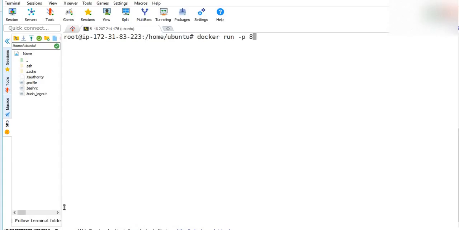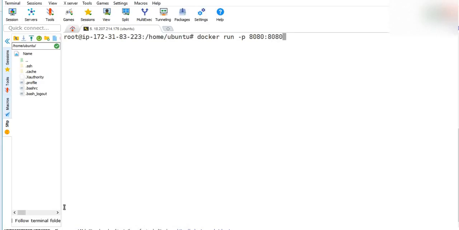I am going to map port 8090 or maybe port 8080 to again port 8080. Why port 8080? One is local and another one is in the containers. Yeah, so the container's port is 8080. Normally port 8080 is the default port for Tomcat, right? That is how they have created the image. So I am going to map the same port to the local port.